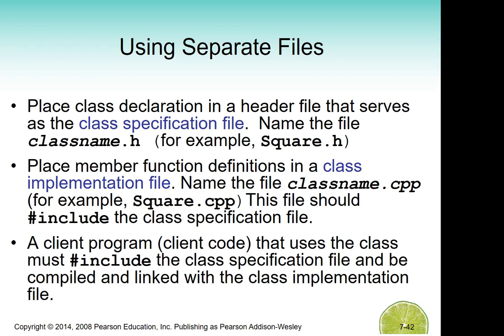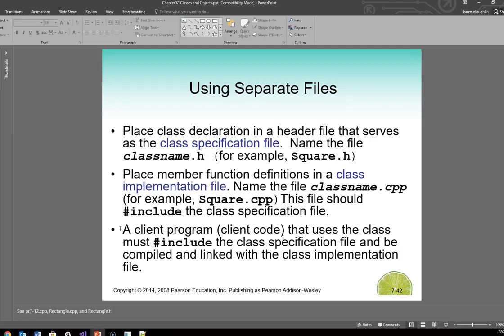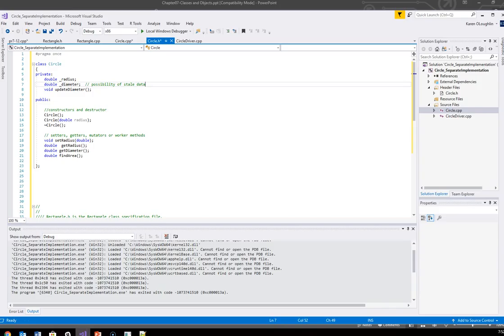Okay, we are going to pick up where we left off in the last video, where we're actually going to now separate out the class specification file, which is called the .h or a header file, from the circle class. I've gone ahead and started to do some things here in Visual Studio to get it set up. And so we're going to take a look at what I've started here, but I also want to show you